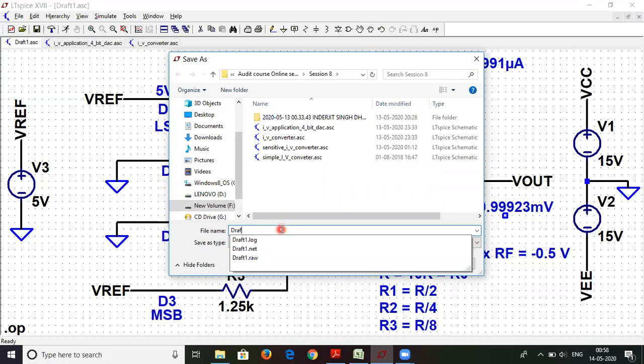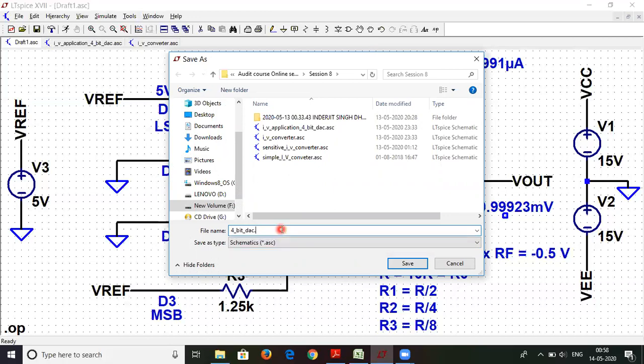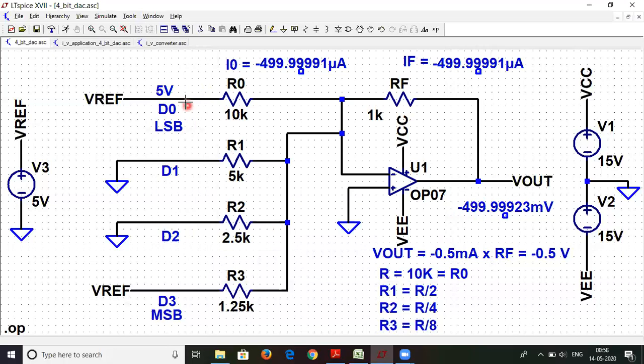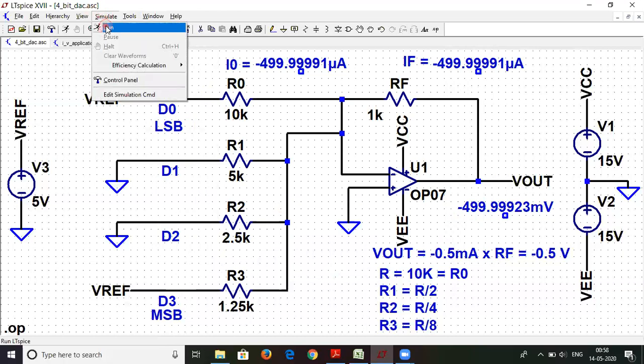That should be 4-bit DAC dot ASC. Now it is saved properly. The dot ASC extension should be added. Again, it is an older version, that's why we have to do this again. So if I run this circuitry now, simulate and run.